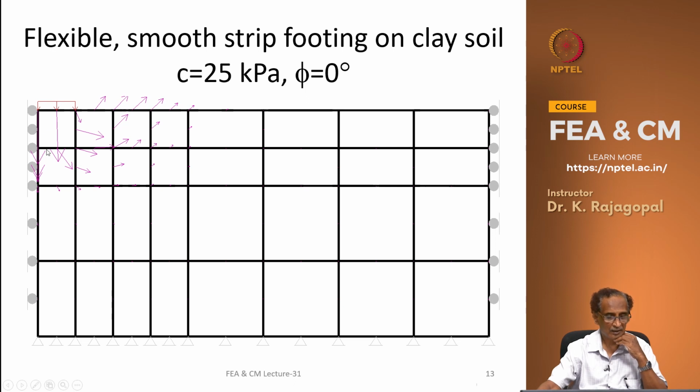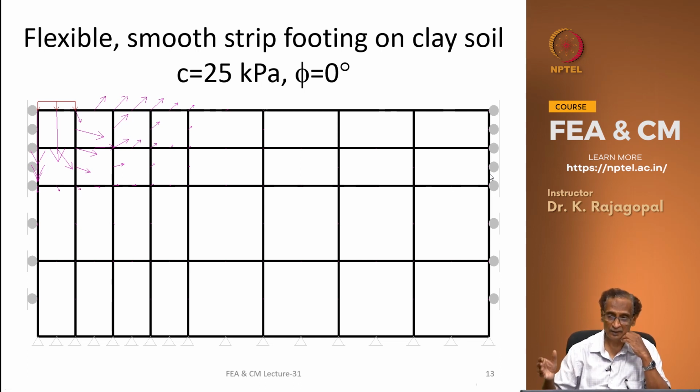And here I want to illustrate, we are considering only half the width of the footing, and you see the roller boundary conditions along the mid section of the footing. This is to represent the symmetry in the response,